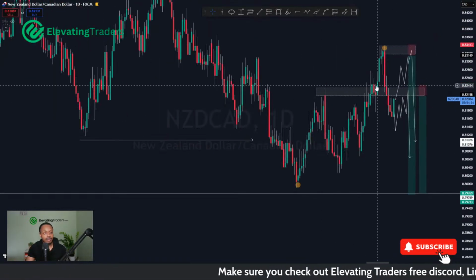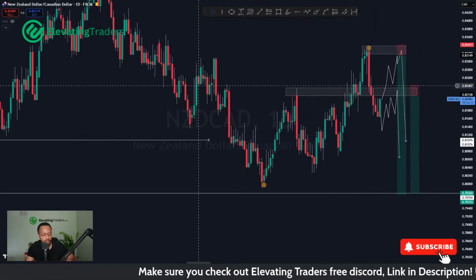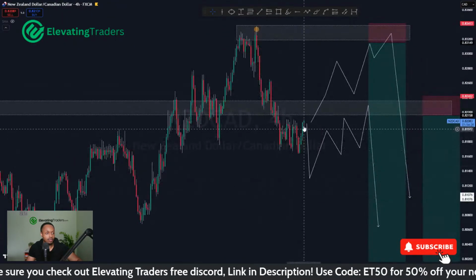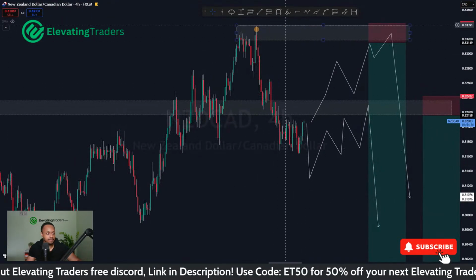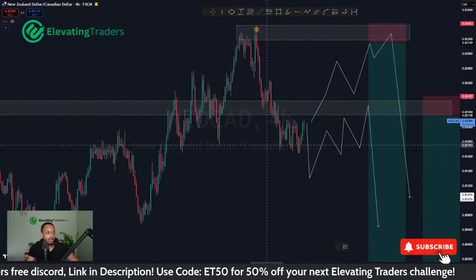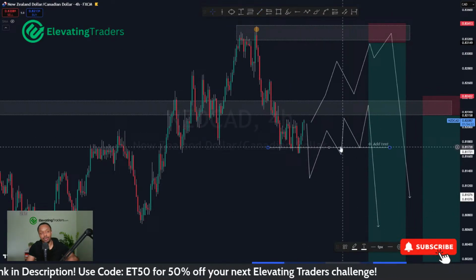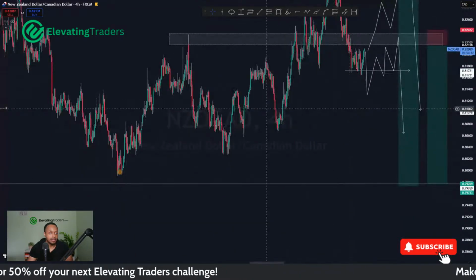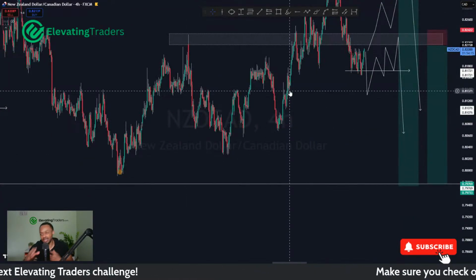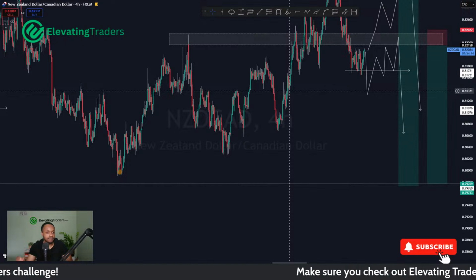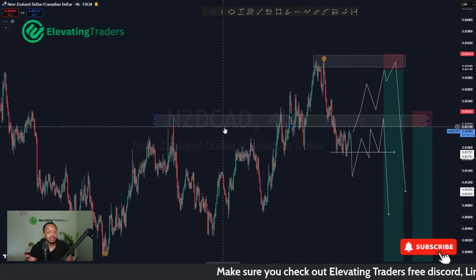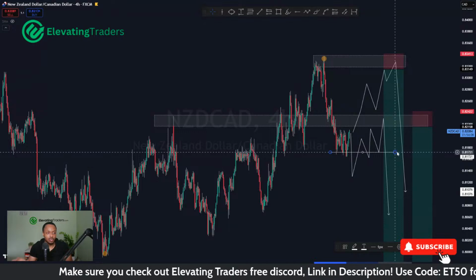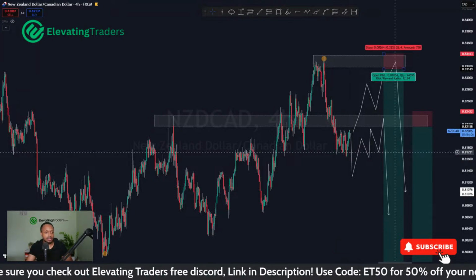But for NZD-CAD, I'll probably look at some lows on the left in the 4-hour chart to bank profit. So for example, if we do push up back into the high there, then of course this low will be something to look at in terms of banking profit. That could be a nice place to do that. And then I might leave the remaining to run. It does depend on how everything sets up, so it's not concrete yet. But in terms of levels I want to trade from, those are definitely two of them. Now I just need to wait for price to maneuver itself and set up well.